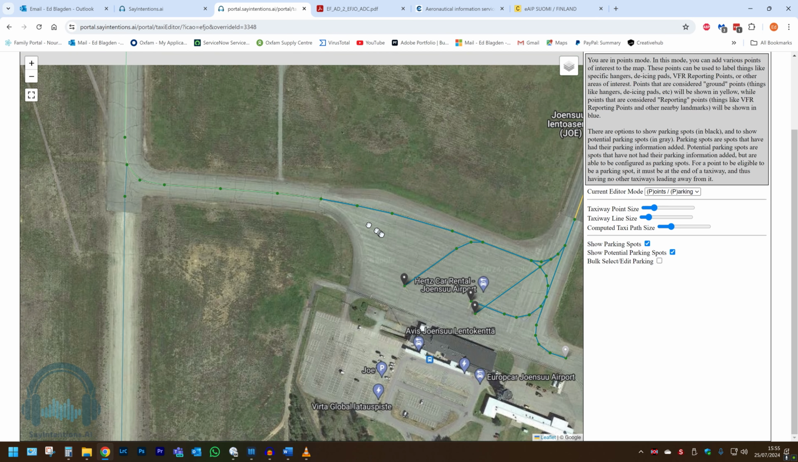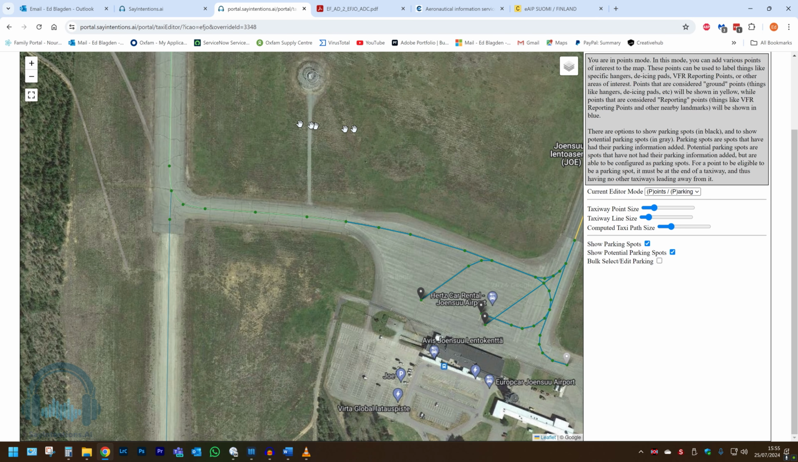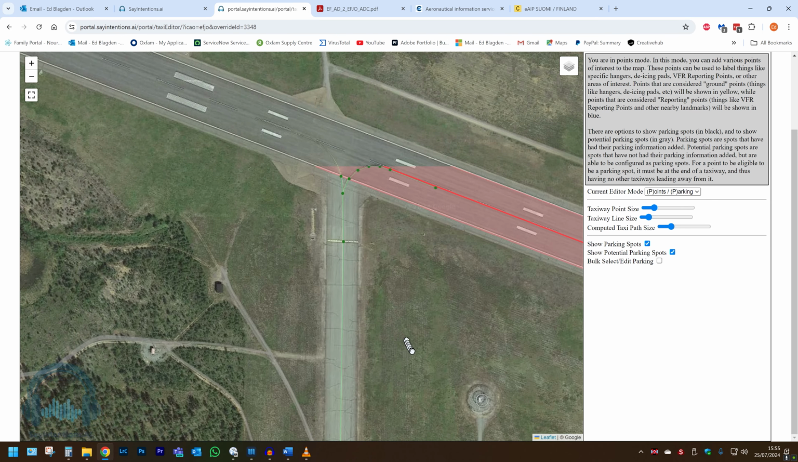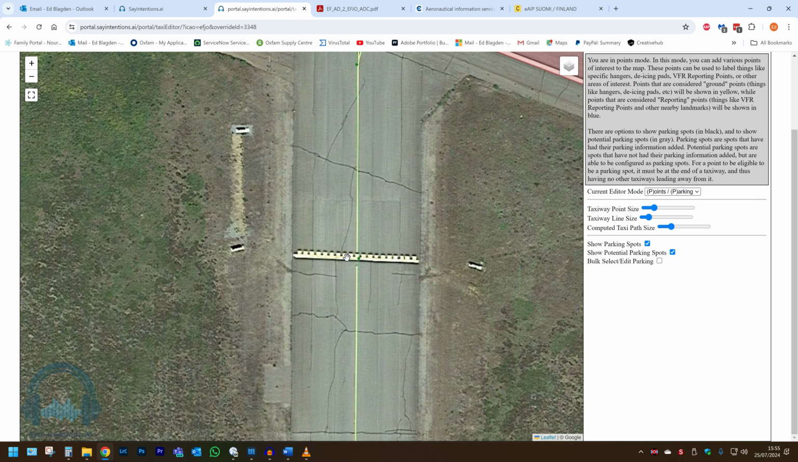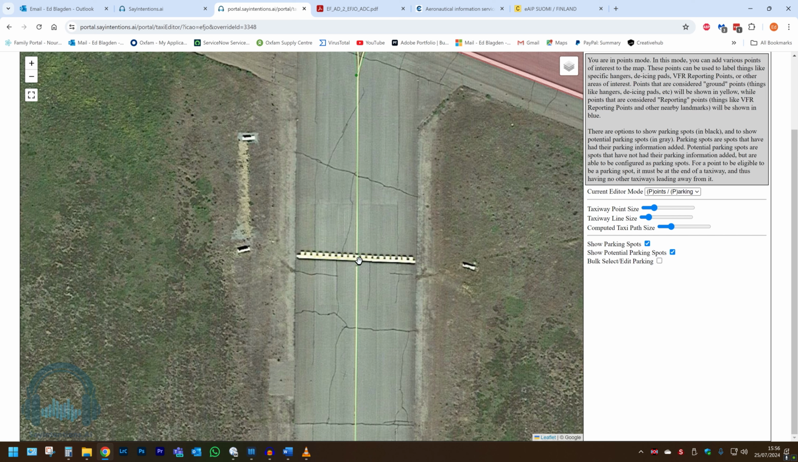Right, what else can we do? Although it's not on the charts, I think it's a good idea when you find these holding points to name them as ground points. So this could give the AI the opportunity to say, hold at holding point Bravo, or you to say to it, I'm holding at holding point Bravo, and it will know where you are. So let me just name this one